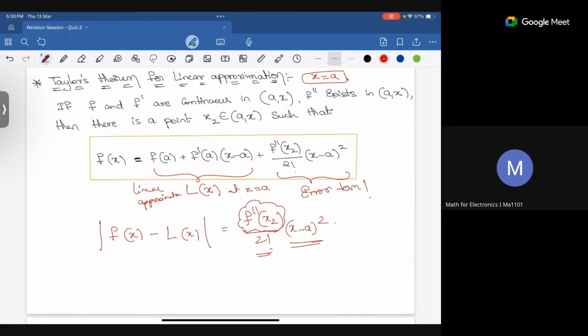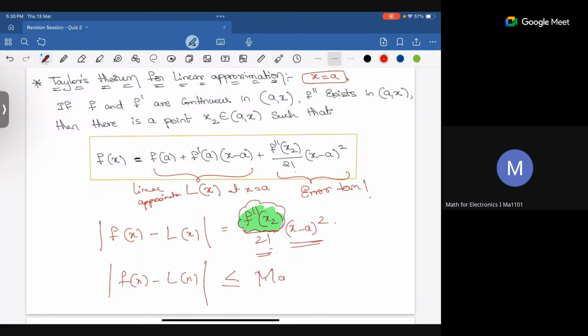So what is the maximum possible value of f double prime of x2? You compute the maximum value possible for f double prime of x2, and we say that the error will be the maximum. The maximum error that is possible is when this f double prime of x2 takes a maximum value. That is why we bound this error, or we bound this modulus f of x minus L of x, saying this will never go beyond, or this will always be